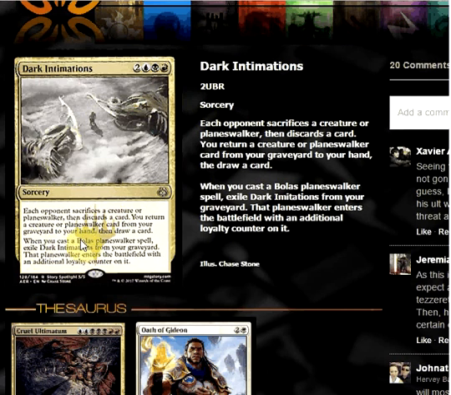Anyway, after that, this is the intriguing part here. When you cast a Bolas planeswalker spell, exile Dark Intimations from your graveyard. That planeswalker enters the battlefield with an additional loyalty counter on it. And it's not a may ability, if that matters for anything. Anyway,